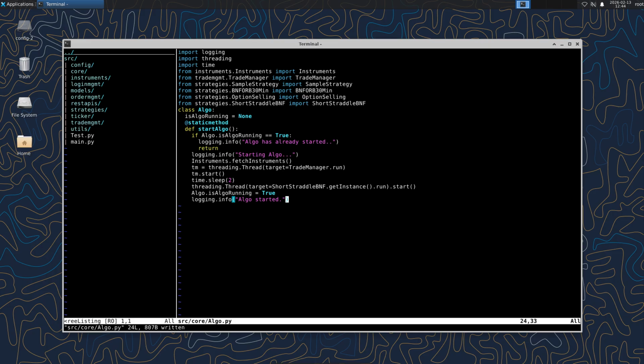Short Straddle BNF run follows the base strategy lifecycle you've already seen. Checking enabled state, market timings, can trade today, and then generating trade instances that are handed off to Trade Manager. Finally, start algo marks algo that is algo running as true and logs that the algo has started. The ordering ensures instrument metadata and the Trade Manager's market and execution plumbing are ready before the strategy begins producing